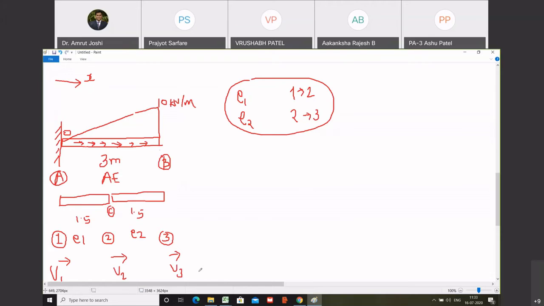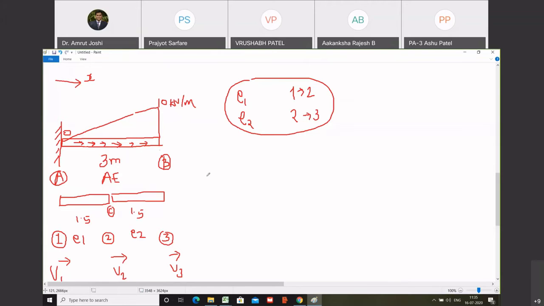Carefully observe what I am going to say. u1, u2, u3 are the nodal displacements at node numbers 1, 2 and 3. I am going to treat only these displacements as unknowns. And what about the displacement at the interior of these elements? So I am going to come up with some interpolation scheme so that I get displacement within the element. Yes. Knowing u1, u2 and u3, I can write down displacements within the element.